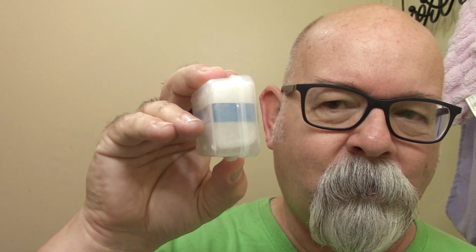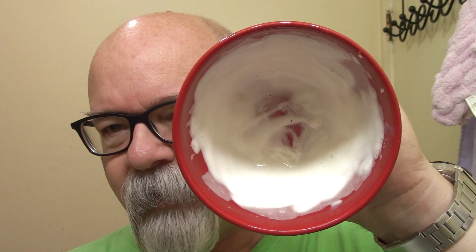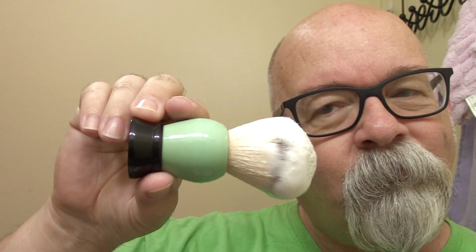And got my usual suspects here in the way of Crown King alum block, complete with rubber band this morning. And shake it up a little bit. I got Humphreys witch hazel. It's got menthol and peppermint. Got it whipped up here in my thrift store fine smooth bottom bowl. That's what it looks like. It's fairly wet, moist. Got it whipped up with a DeLuxe 24 millimeter brush here,